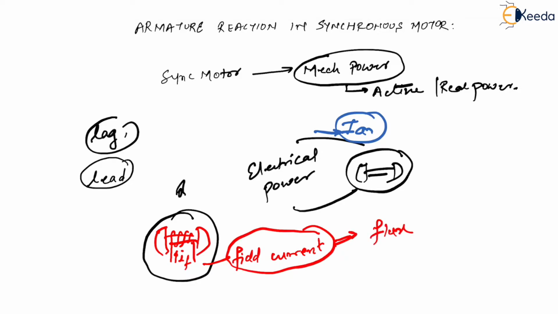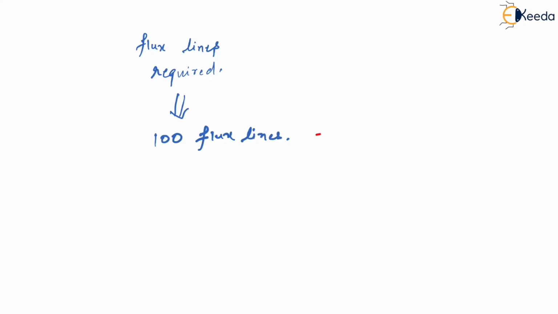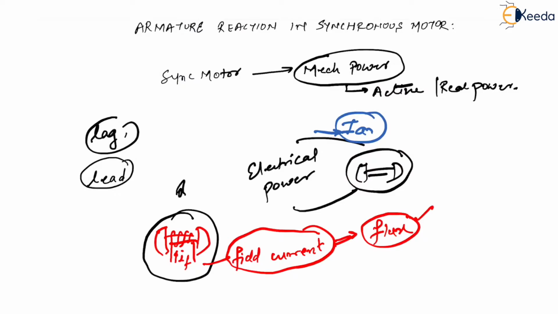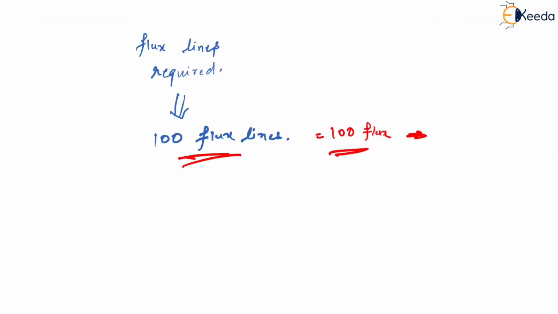Now if this flux produced by the field is exactly equal to 100 flux lines, then we can say that